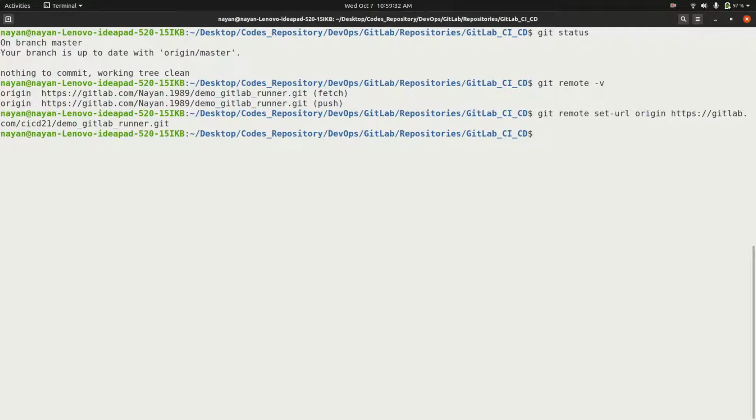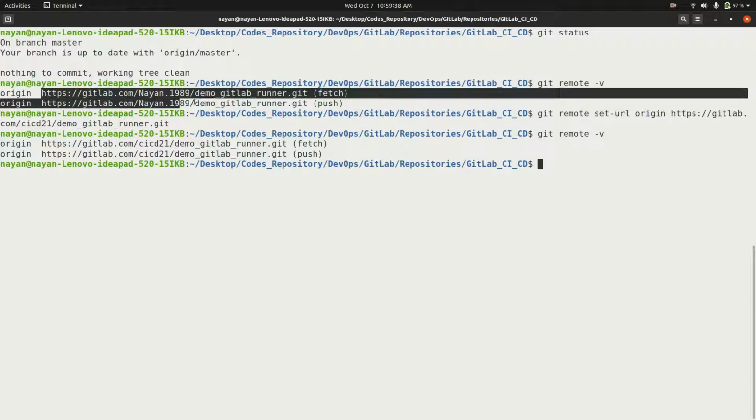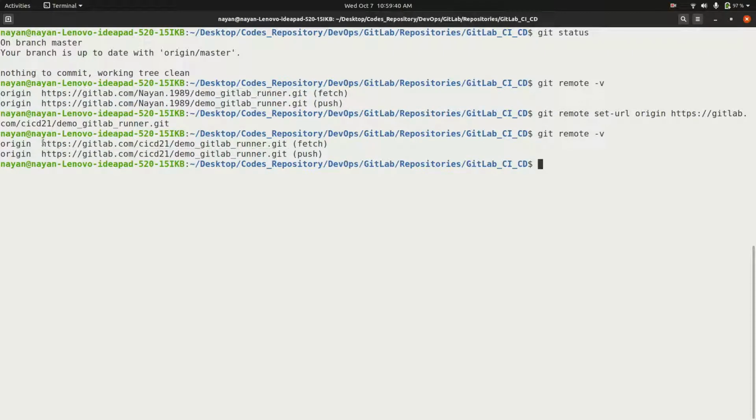So now if you are going to see that the remote origin has been changed from 9.1989 to CICD 21. So this is why we need to change this remote origin, because in case if you are going to push the code, it might give you error, or it might prompt you that you need to change remote origin.